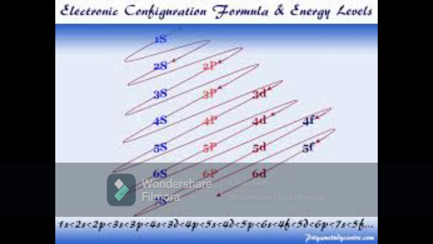Next we have 3s, 3p, 3d orbitals, and 4s, 4p, 4d orbitals. Likewise, s can accommodate 2 electrons, p can accommodate 6 electrons, d can accommodate 10 electrons, f can accommodate 14 electrons. So you learn the electronic configuration in your 10th standard. You can see the electronic representation: the inner shell stands for the 1s orbital, the outermost shell stands for 2s. As the number of electrons increases, accordingly the number of shells also increases. You can see and learn these diagrams.